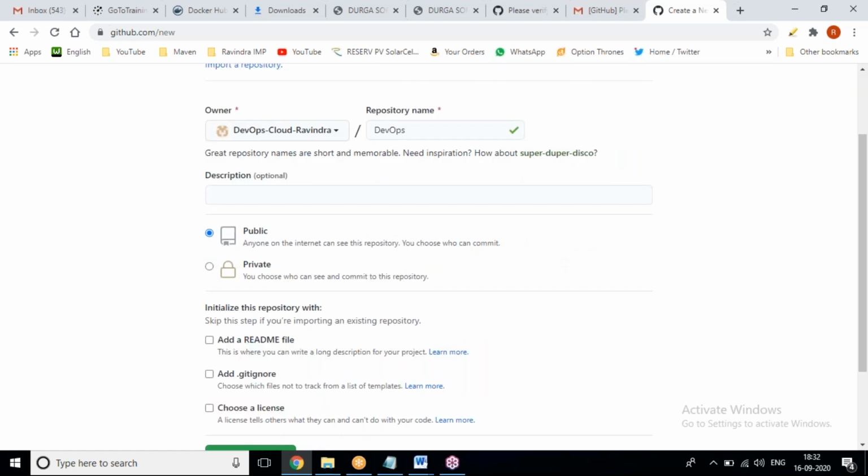Just keep in mind, GitHub has two kinds of repositories, one public and one private. If you are going to use public, you need not pay a single paisa. But be aware of this one. If you are using a public account, you should not upload your personal data. You should not upload any kind of personal information, because if you upload your data or whatever,